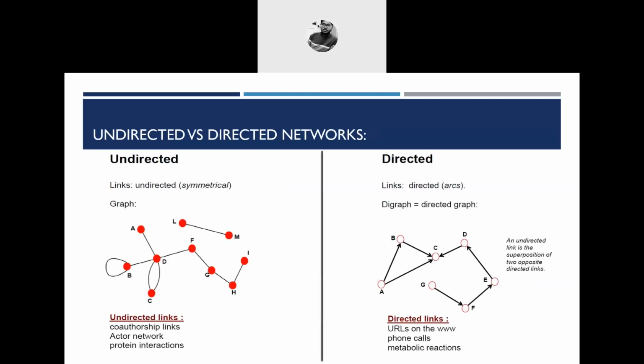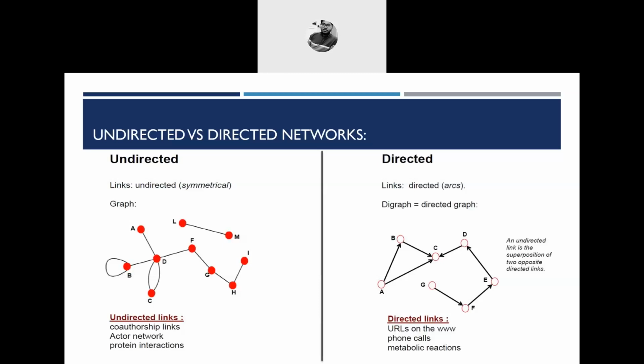For example, a URL of a URL, any web page. For example, when you click a link in a web page, it transfers to another web page. So that link is directed to another page. So that is the links between different web pages. That is an example of a directed graph.